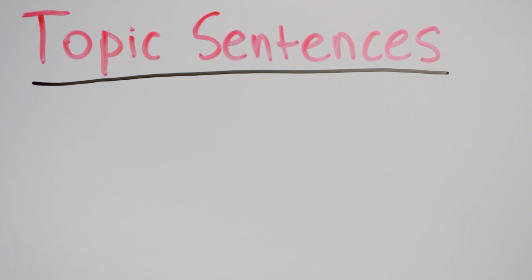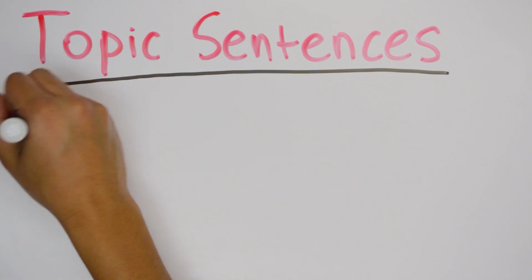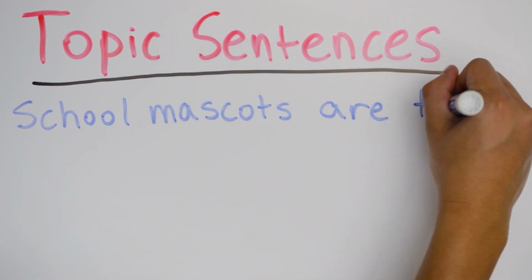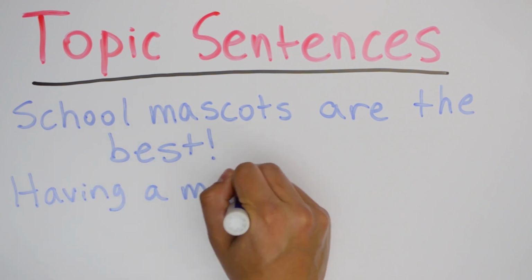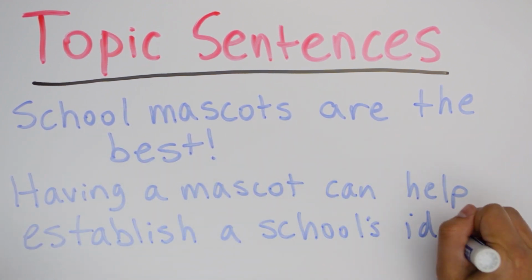This sentence shouldn't be too broad. For instance, in a paper arguing for the importance of school spirit, a topic sentence like, "School mascots are the best," is probably too general. But "Having a mascot can help establish a school's identity"